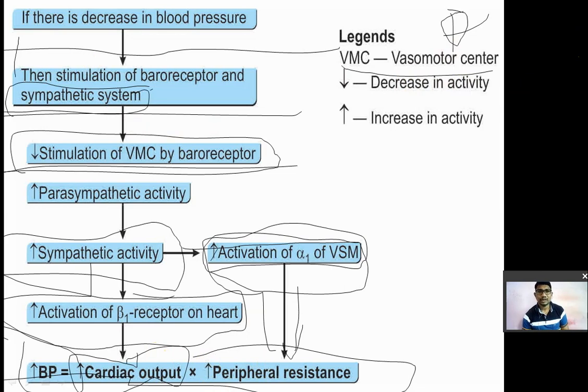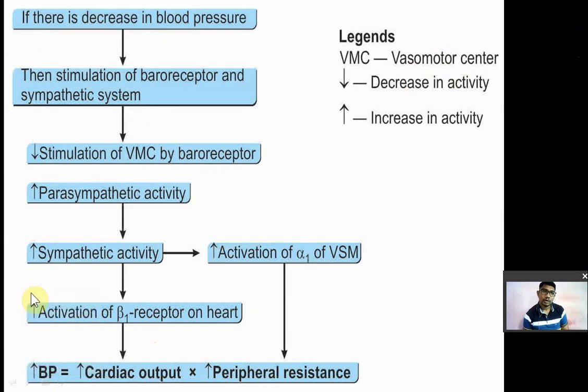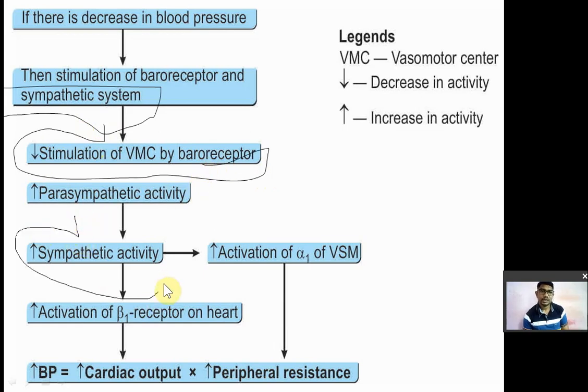तो यहाँ पे और एक बार याद रखो, if there is a decrease in the blood pressure, so your baroreceptor will be activated. Okay, baroreceptor will be activated, they will send a message to the brain and brain will increase the sympathetic outflow. Because of this, there is a decreased stimulation of vasomotor center by baroreceptor, and which increases the sympathetic activity. जैसे sympathetic activity increase होगा